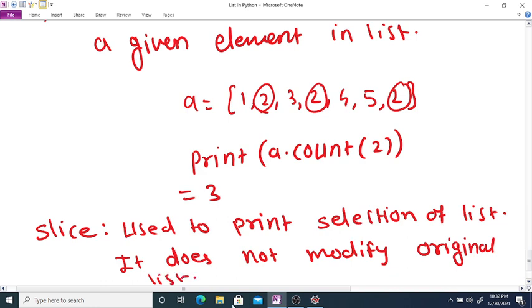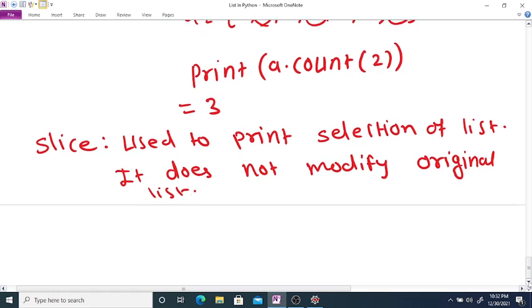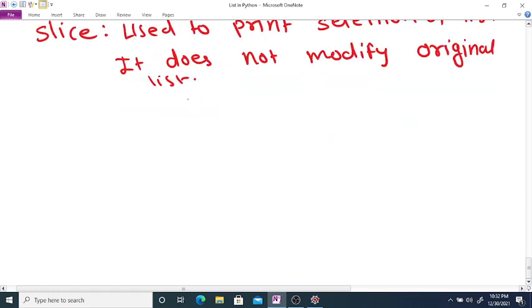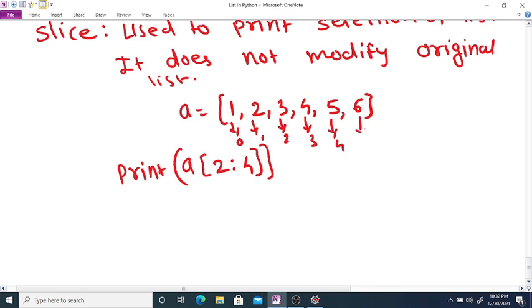Again, suppose A is the given list, A is equal to 1 2 3 4 5 6, and if you print A with index 2 to 4, then it prints the following. The indices are 0 1 2 3 4 and 5.